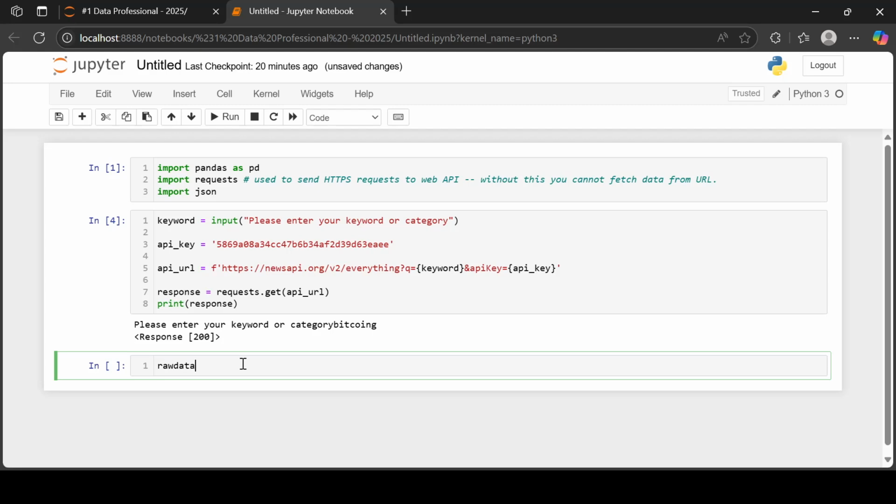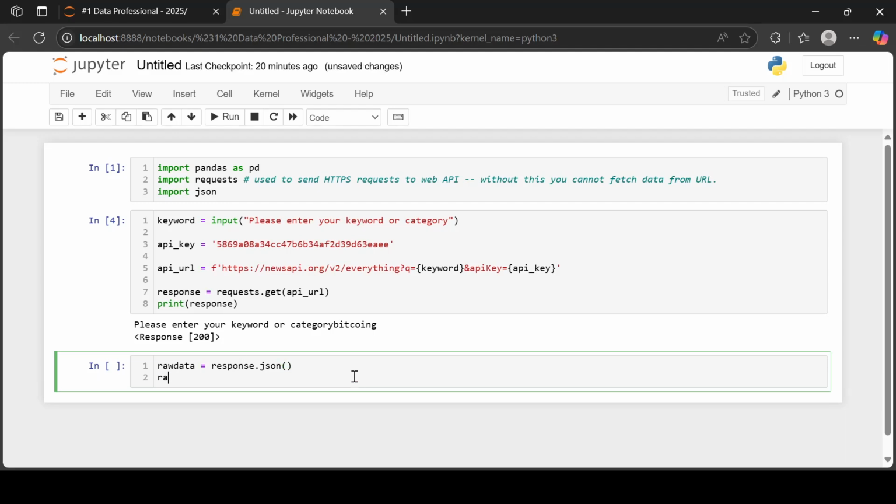Now, we want our raw data, right? Because we got response 200. Now, I'm going to use response.json to give us the data. So this .json will convert the API response to a Python dictionary, right? So now when I go ahead and run this,